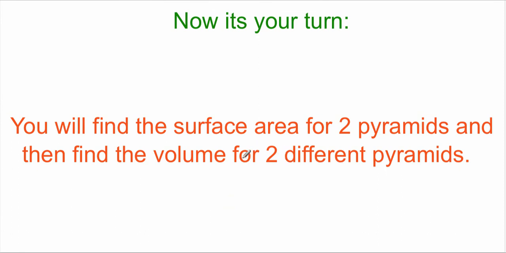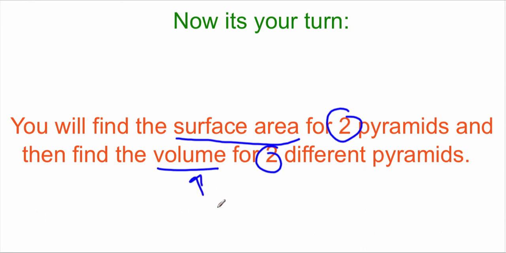So your job is to finish up the next 4 problems. You're going to do 2 where you're finding the surface area, and then you're going to do 2 where you're finding the volume. And the reason is for volume, they have to give you the height. For surface area, they give you the slant height. So in these problems, they're not going to give you enough information to do both calculations. You can only do one or the other. And it all depends on which measurement they give you, the slant height or the